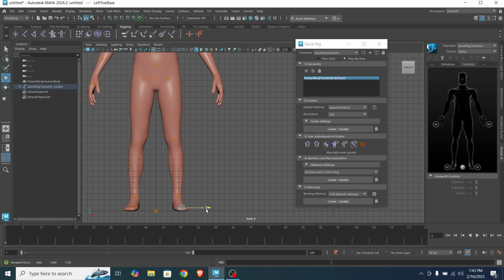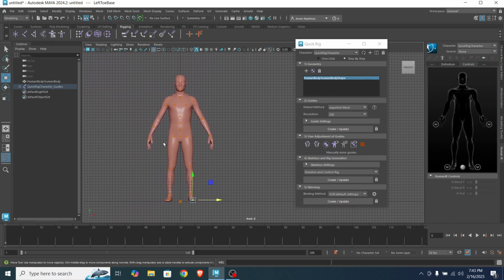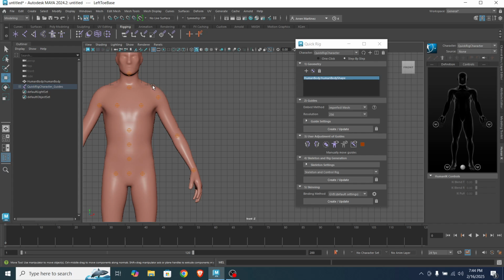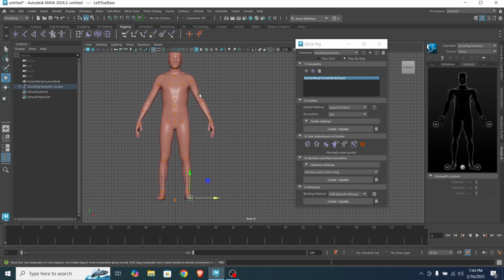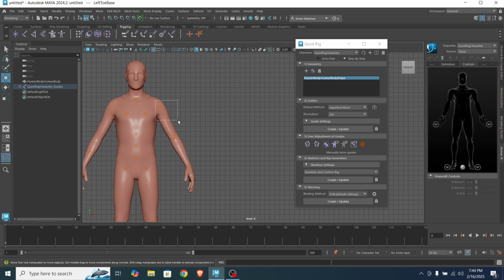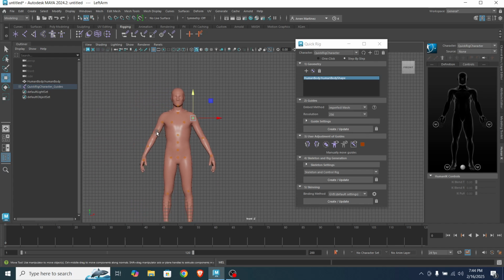Now, the interesting part in this lesson is what you do here on the right side of your character. Basically, we can mirror it on the left part. So here in user adjustment of guides, you see I adjusted the joints on the right side. That's why I will mirror it to the left.